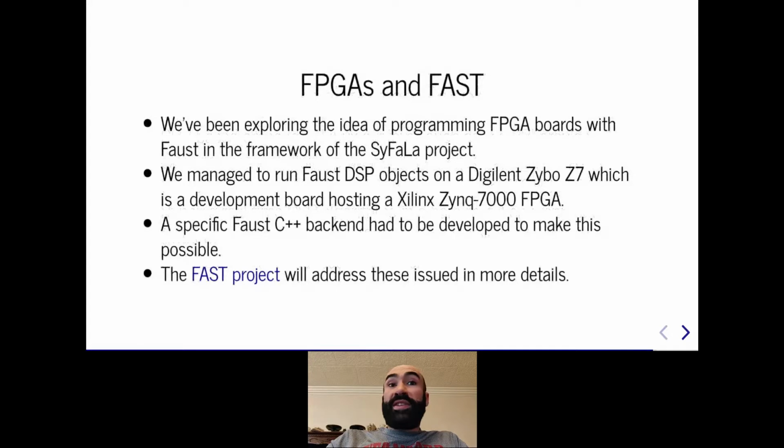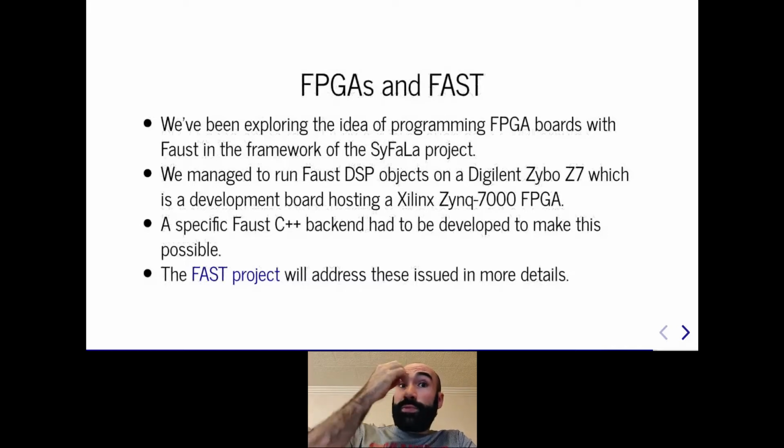We've been exploring the idea of programming FPGA boards with Faust in the framework of the Cifala project, which associates INSA Lyon City Lab and Xilinx expertise around FPGAs to Faust with us at GRAME, basically.